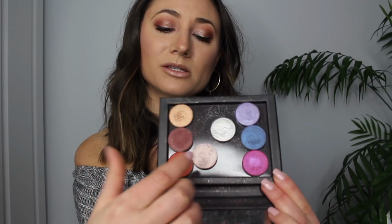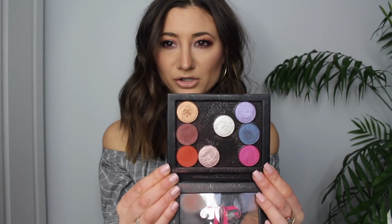And then these are the ones that I use on a daily basis. I actually have them on right now. Let's hope this is focused and that you can see. I have all four of these on right now. So yeah, they're just really nice, warm, perfect everyday colors, and I really liked how I can create my own